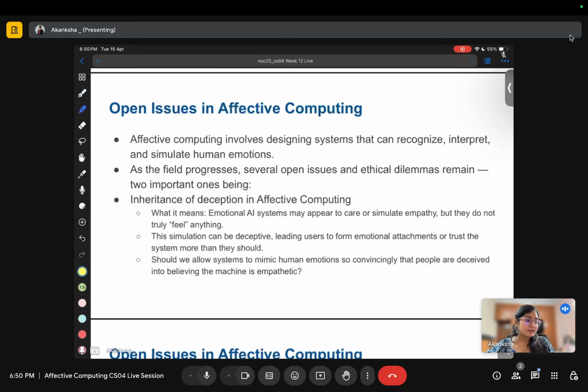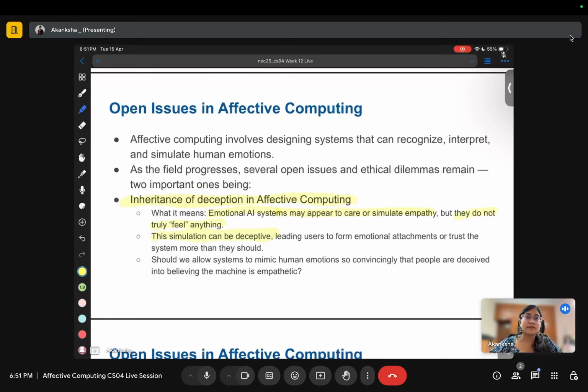The first option says inheritance of deception. Deception literally means to deceive someone. These emotional AI systems may appear to care or simulate empathy, but they do not truly feel anything. It is all rule based. It is all programmed, and this simulation can be deceptive.